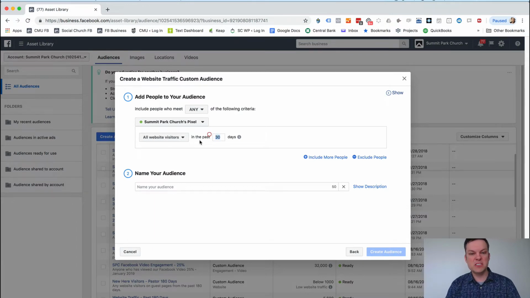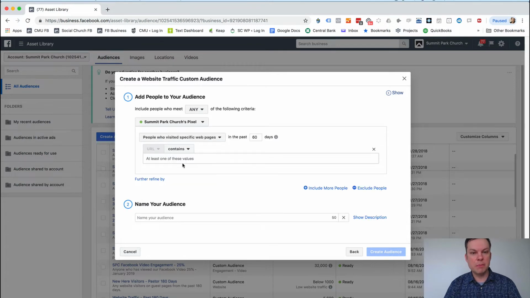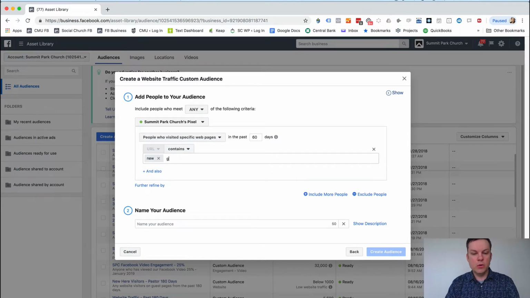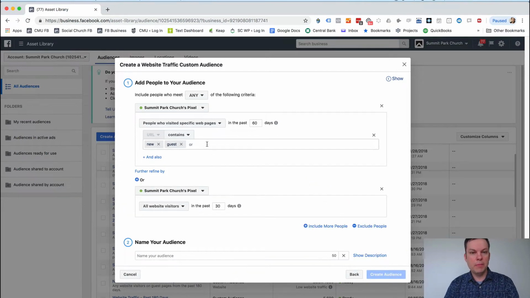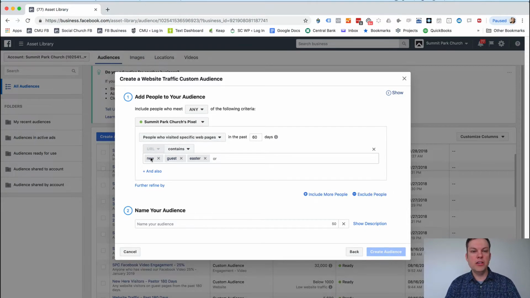So in this case, what if we did this? Instead of all website visitors, let's say, hey, we want to go back 60 days. We want to say people who've been on a specific page. In this case, I want to say, hey, new, and then include more people, new or guest, because I know some of these pages that we have include more people, or URL contains Easter. Here we go. I'm going to get rid of that. So anybody who's been on a URL that says they're new, they're guest, or they're Easter in the past 60 days, and this is going to be SPC website,